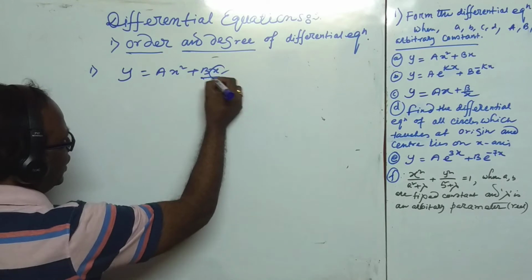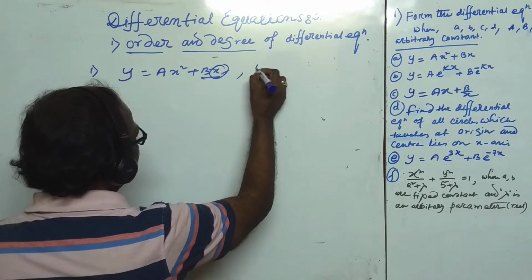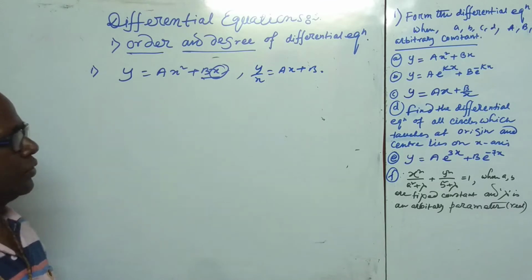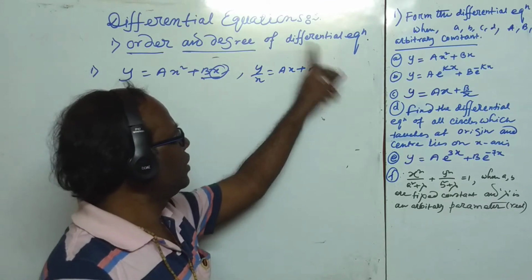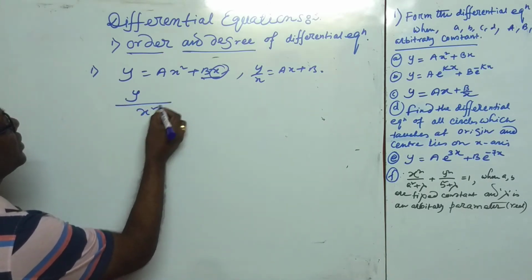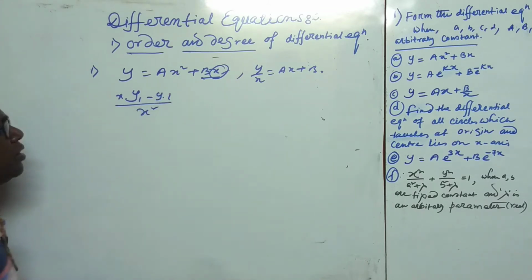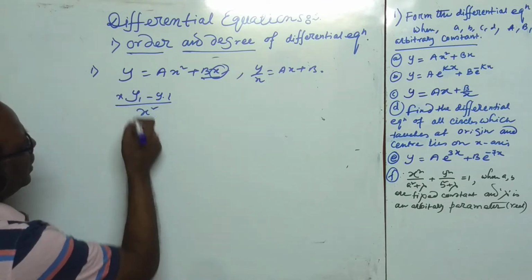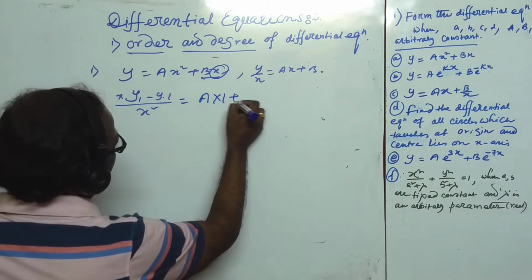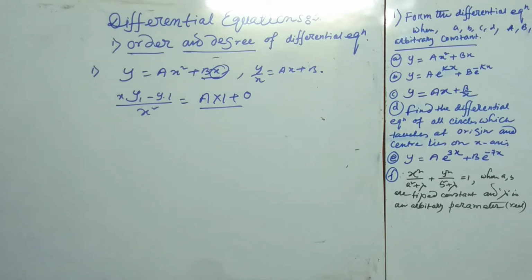So now it is very easy to simplify. The least power here is x, and we divide by x, then y by x is equal to ax plus b, and then differentiate. So if we differentiate this equation, b is eliminated here. So that is x into y1 minus y into derivative of x which is 1, over x square, okay, that is u by v, and that is a into 1 plus 0. That's why you always follow this method, easily simplified.